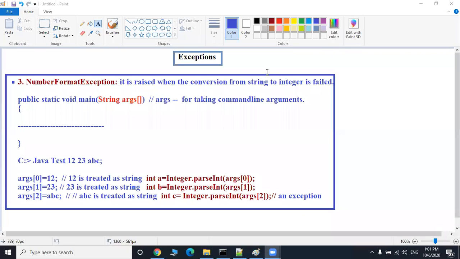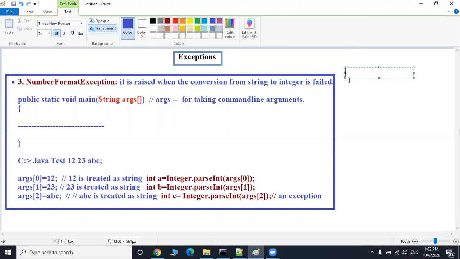Okay, welcome back. So in the last class, we started what is meant by exception and what is exception handling. Exceptions are the runtime errors basically raised in a program. Exception handling means the process of handling raised exceptions. This is what we discussed in the last class, and also we discussed various built-in exceptions.